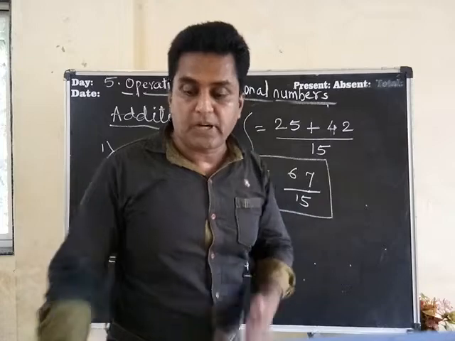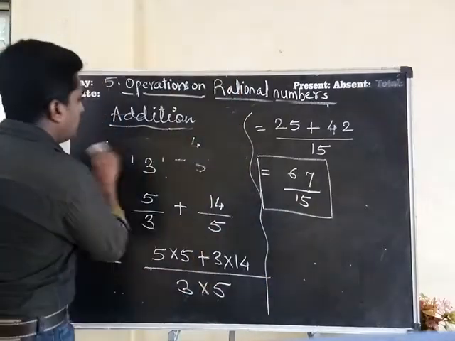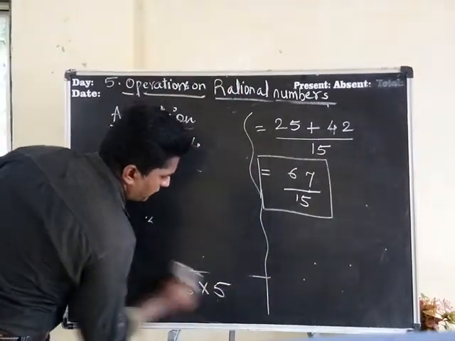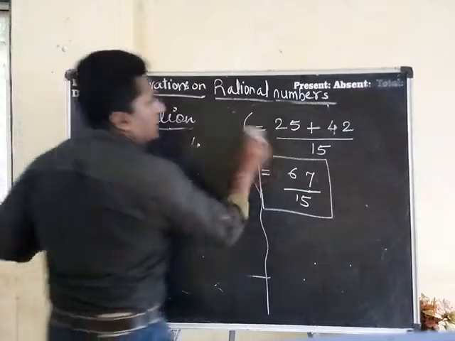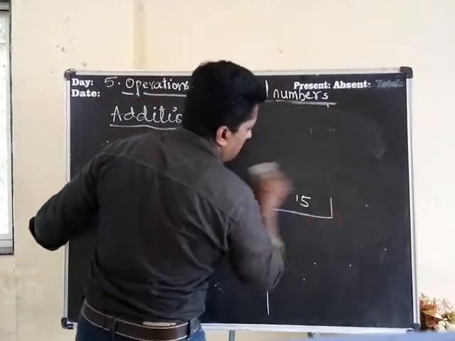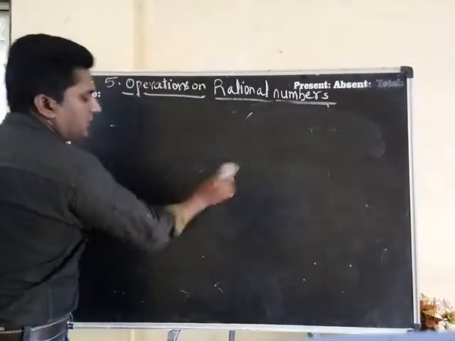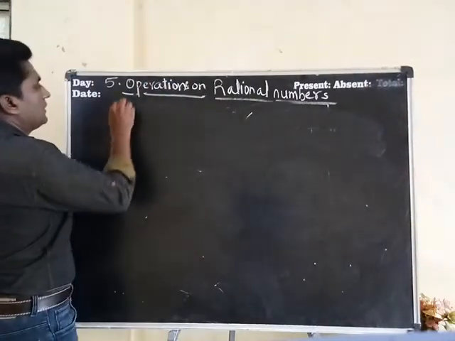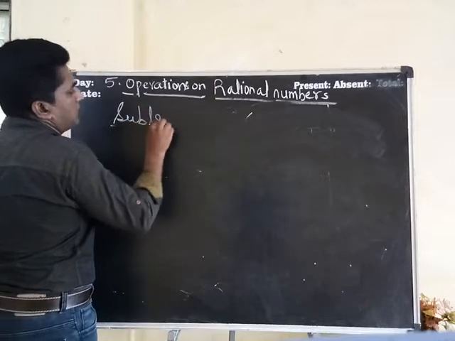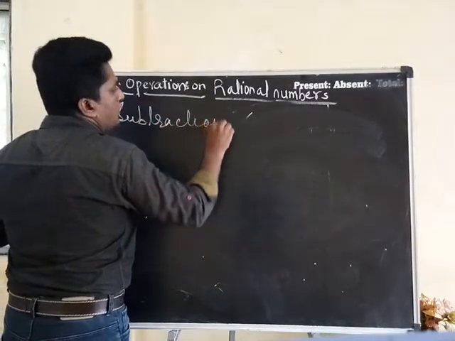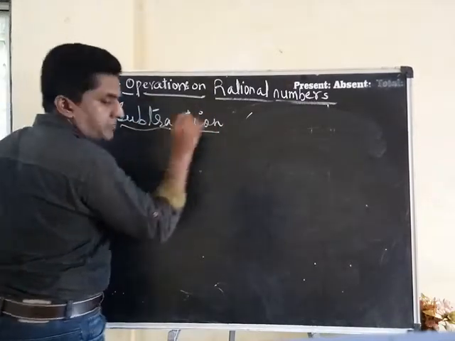Let us go on to subtraction of fraction. Get ready everybody. Subtraction of fraction, what it is? Very easy. It is not difficult at all. Just what we did in addition, the same thing, only the signs must be different. Now we are going to see subtraction. What we are going to see? We are going to see what is subtraction of rational number.